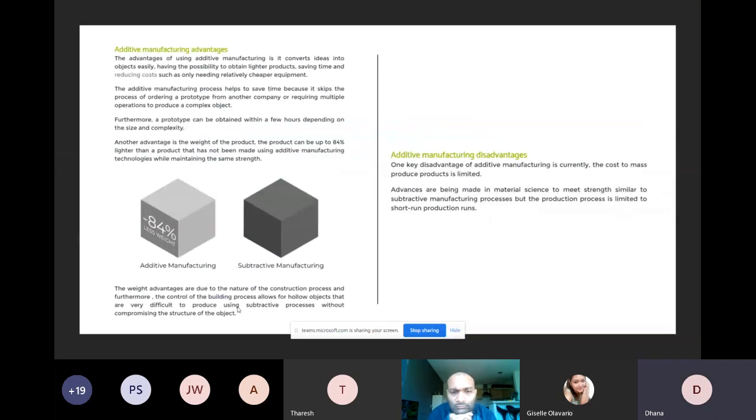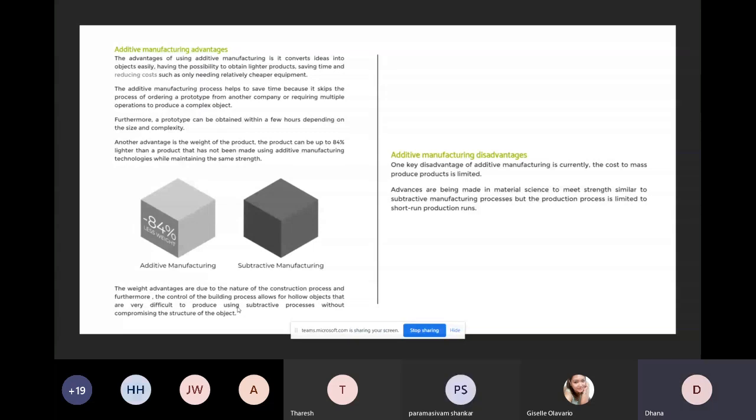So the main advantage of additive manufacturing is that you can get the same object with much less weight. For example, when I'm printing a pen stand with subtractive manufacturing versus additive manufacturing, I can get 84% less weight with additive, because in case of additive, I can print the model hollow. If I'm not going to use it on a direct platform, I can reduce the weight, which is possible with additive manufacturing because here you can control a factor called infill density. The infill density can be as low as 10% up to 100%, whereas in subtractive manufacturing you won't get that option.